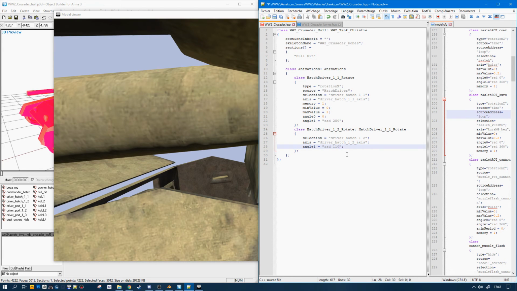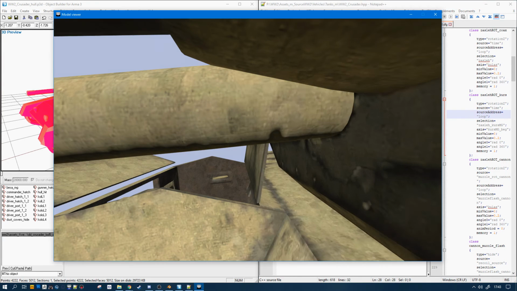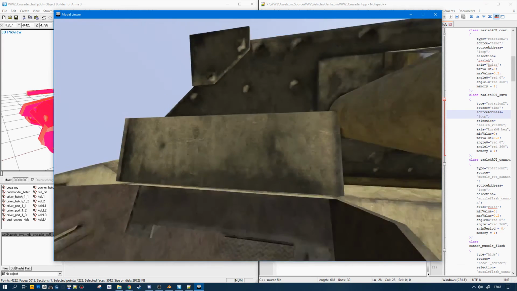Let's put 110 so it doesn't collide with the turret.